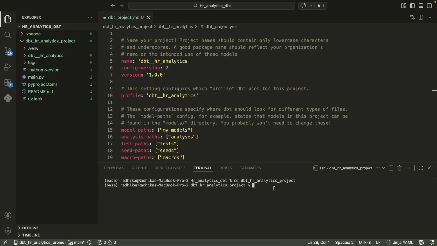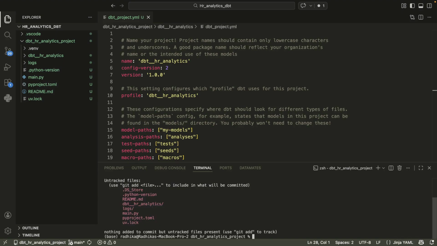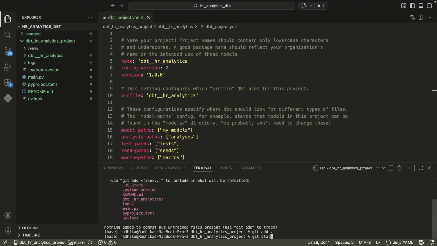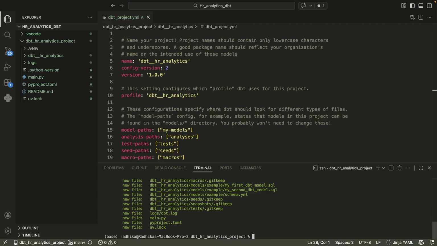Now what I will do is I will say git status to understand what are the files that I need to send to Git or my repository, and I know that these are the files that are included. The next is we have to do git add so that I can add these files to the staging area, and again I will just double check the git status. So there are all of these files added to the staging area. Now I will commit. So I'm going to write the message initial commit because this is our first commit with dbt schema,